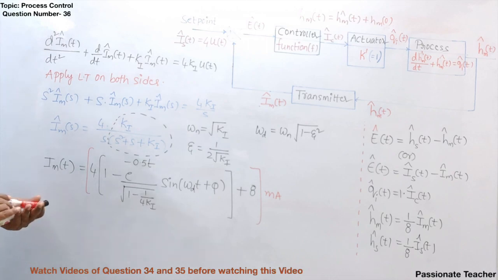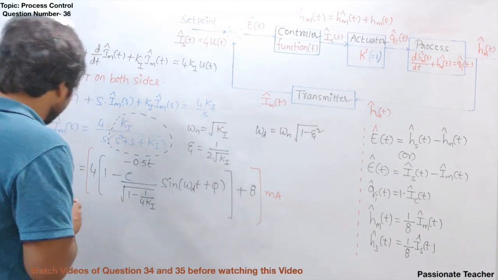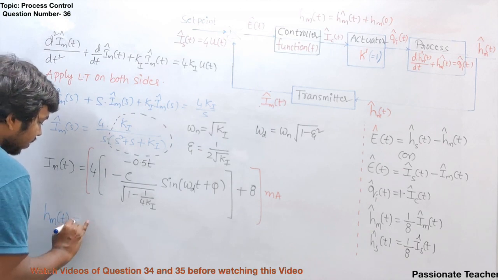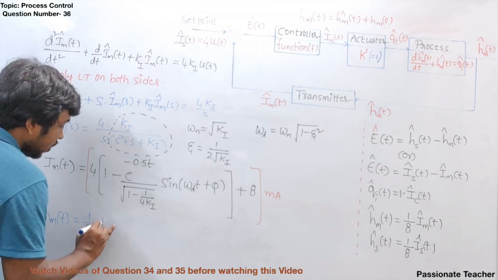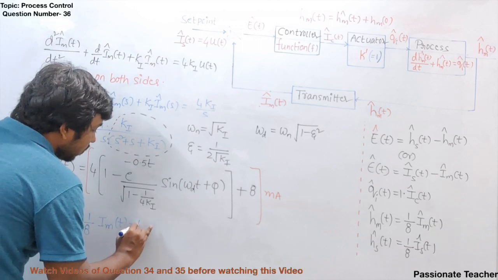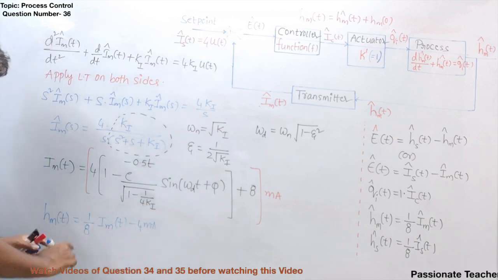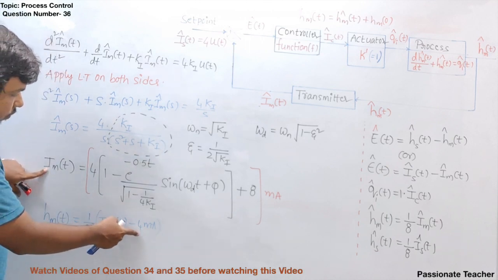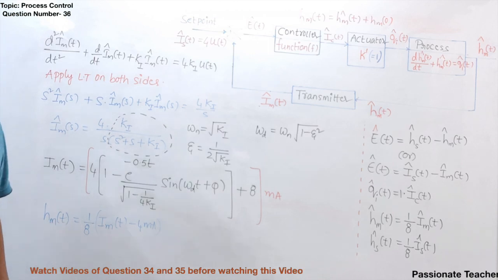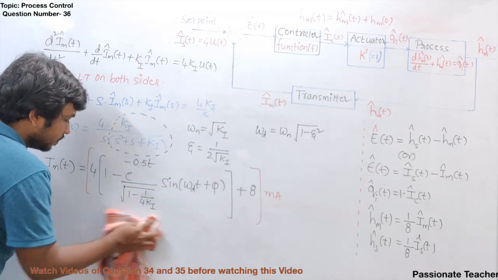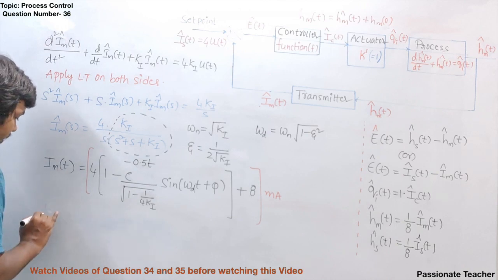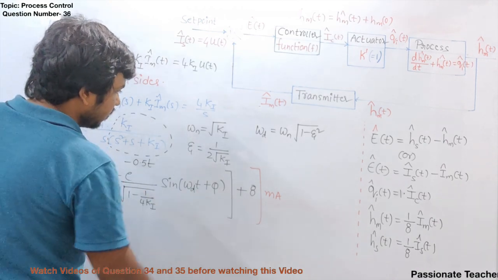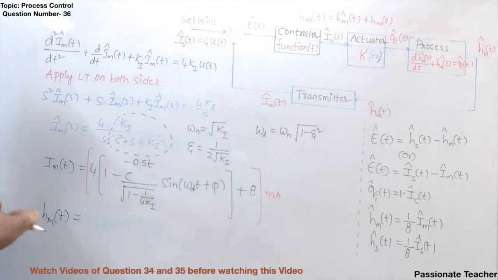Clear? Now, if you look at the water level, how is the water level going to change? Because we know that water level Hm of t can be given as 1 by 8 into Im of t minus 4 milliampere. Right? This we already discussed many times. Now, Im of t is known to you, minus 4 milliampere, divided by 8. So let us see how Hm of t looks now. So Hm of t will be equal to, now it can be written as this minus 4 milliampere, so it will become 4 milliampere by 8.